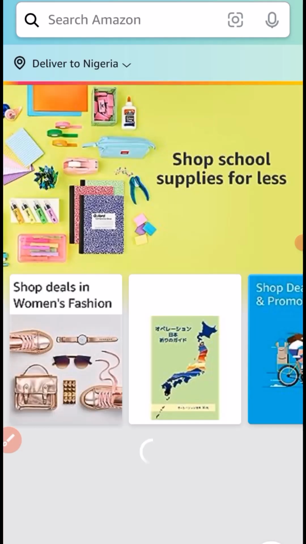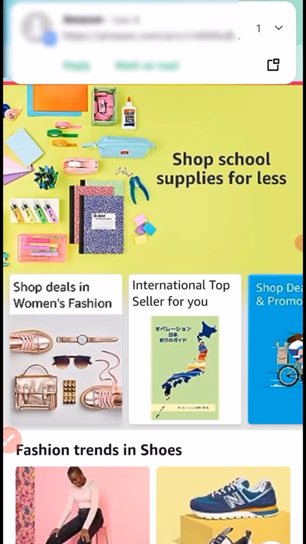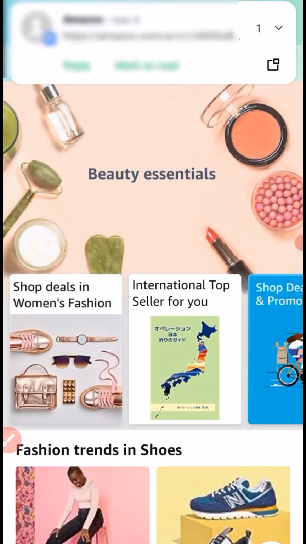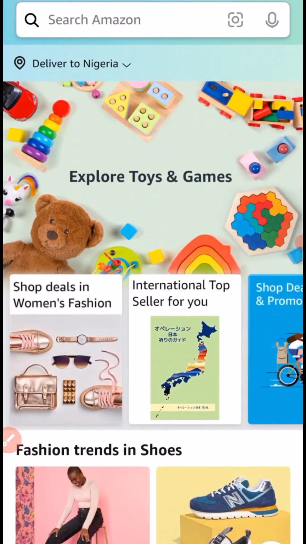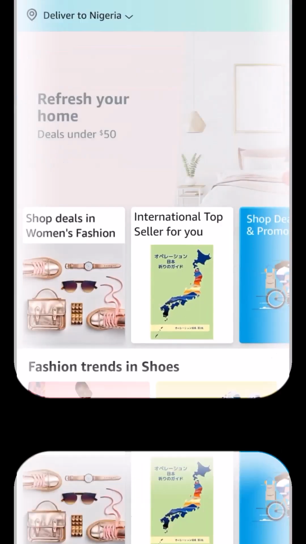At this point here, you need to enter your email address. Having entered your email address, the next thing you need to do is to click on continue. Then enter your login password. Then click on sign in. Boom. So you will be taken straight into the app. All right. So once you are able to sign in successfully to the app,